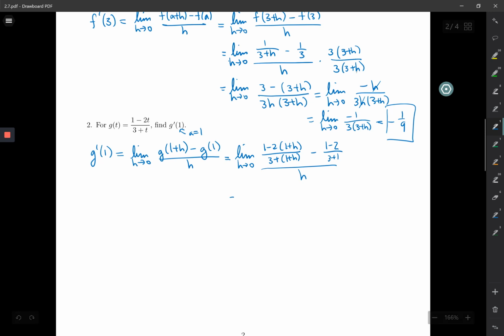Okay, now this right here simplifies to negative 1 over 4, right? So I'm going to rewrite that as, I'm going to get this whole thing over h, and I'll have plus 1/4. And then let me simplify this a little bit. So we have 1 minus 2 minus 2h over 4 plus h, right? And then this is a similar limit to the ones we were doing before, so we just multiply by 4 times 4 plus h,